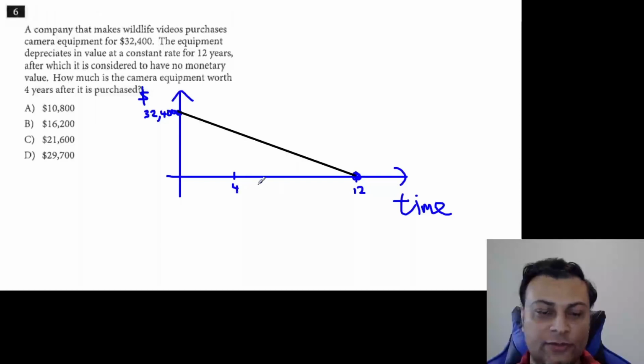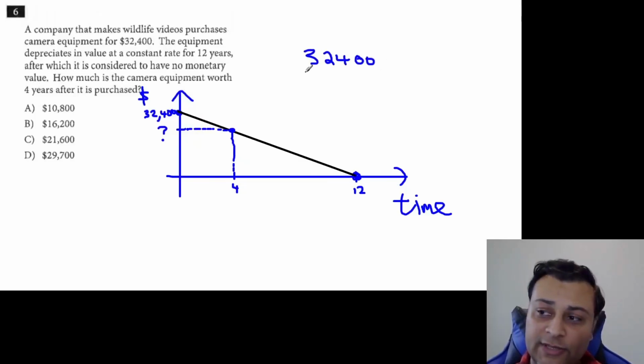And we have to notice that 4 is 1/3 of the way towards 12. So really, what's it worth after it loses 1/3 of its value? Okay, and this has to be done with no calculator. So we have to take 32,400 and subtract 1/3 of itself away. Now you could do 32,400 times 2/3, but